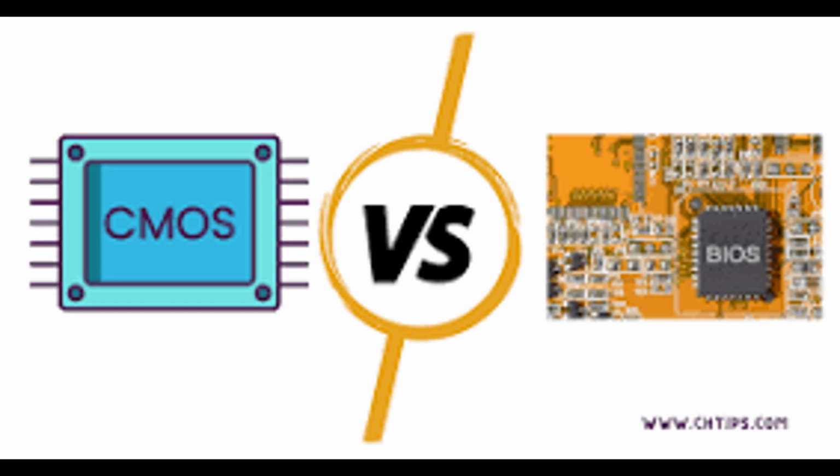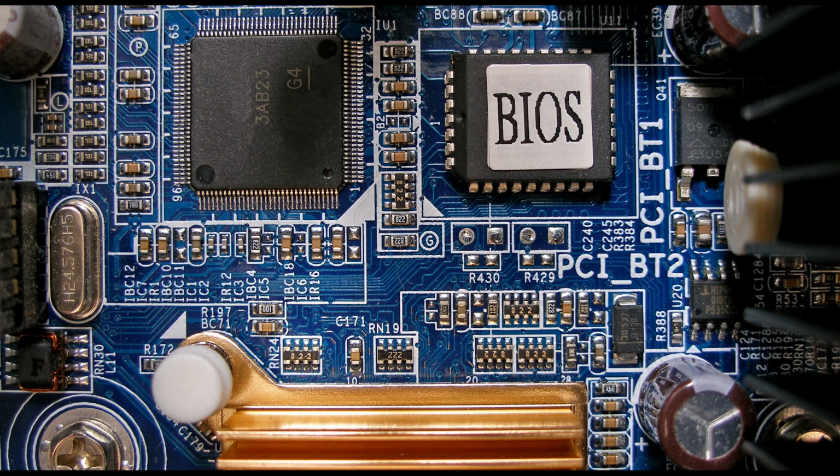BIOS, Basic Input-Output System. Volatility. In contrast to CMOS memory, BIOS firmware is non-volatile. It retains its stored instructions and settings even when power is removed from the system. Storage medium. BIOS firmware is typically stored on a ROM, read-only memory, chip, which is inherently non-volatile. This means that the instructions stored in the BIOS chip remain intact regardless of whether the computer is powered on